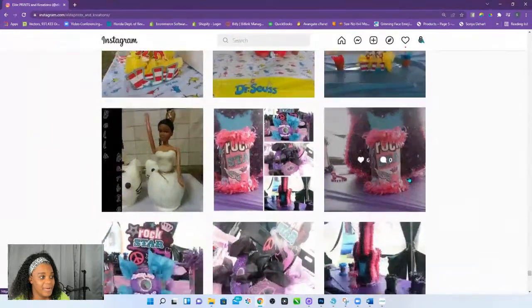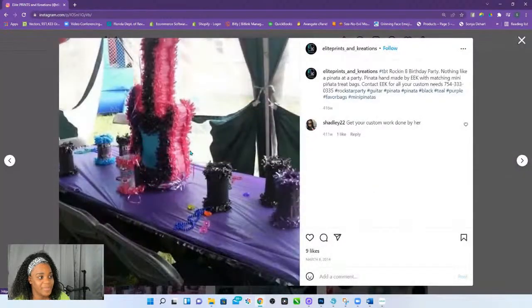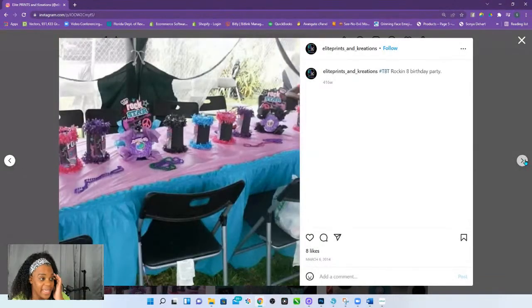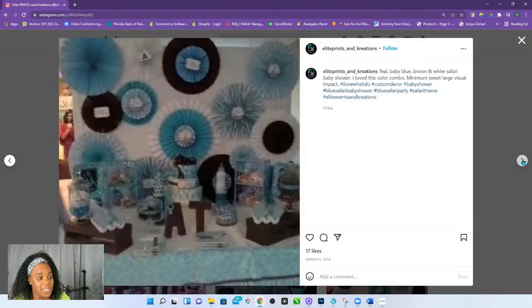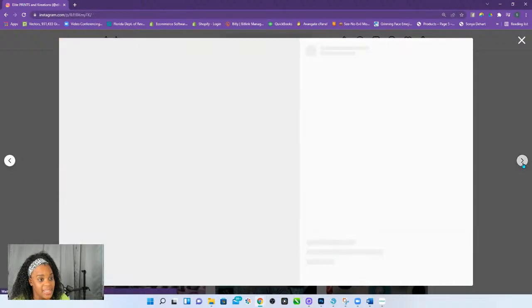Look at the piñata. Couldn't tell me nothing with my little plastic tablecloths, my plastic skirts. Oh, I thought I was doing the damn thing. Couldn't tell me nothing. All this stuff I spray painted for it. Like, to me, this is when I was crafting. Because I hand painted this bottle, hand painted the letters. I was making decorations out of paper plates. All of those are spray painted or printed on a printer. To me, this was crafting. I spray painted the crates.